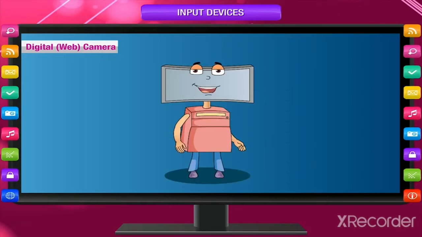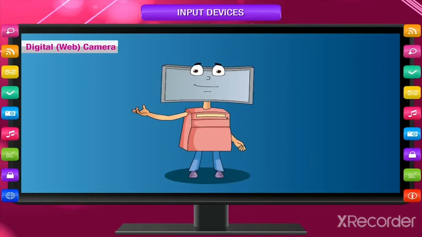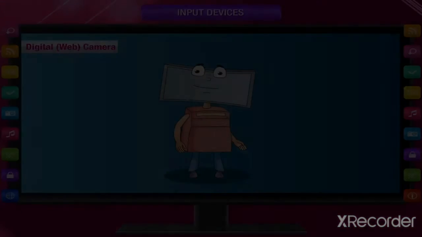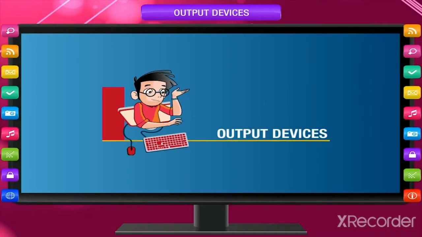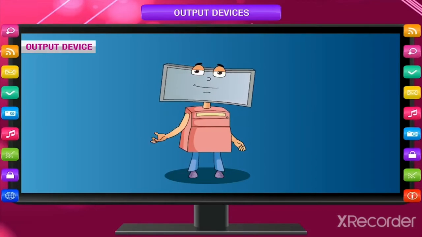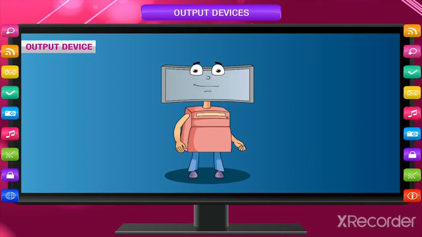Input devices allow us to communicate with computer in many different ways. But still, most commonly used input devices are keyboard and mouse. Without these devices, you may not be able to work with a computer. A computer talks to us through output devices. Output device. An output device is used to display, print, or show the result of processing done by the CPU.